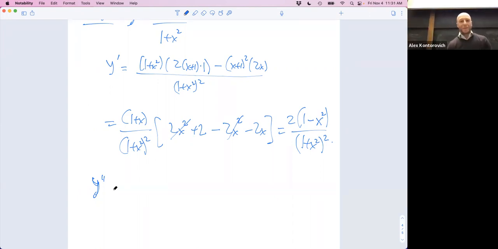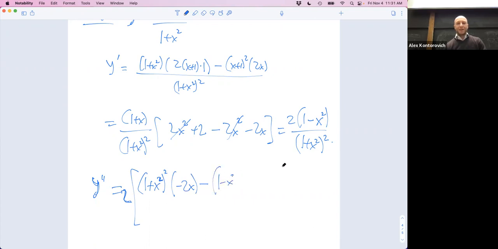I think some people have it already. Should we do it together? Quotient rule or logarithmic differentiation? I think quotient rule on this one too. Okay, bottom, (1 plus x squared) squared times the derivative of the top. Well, there's a factor of 2. Let's just put that 2 all the way outside. No need to carry that around. Derivative of the top is minus 2x, just minus 2x,